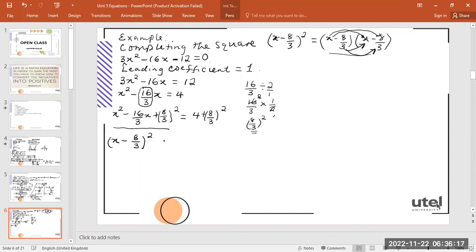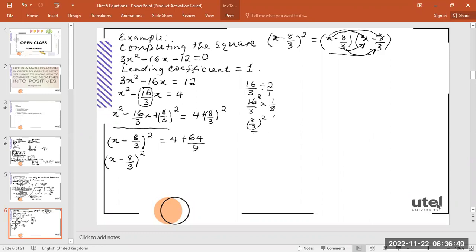So this implies that the right-hand side of the expression is going to be 4 plus 8 squared, which will give you 64, because 8 multiplied by 8 gives you 64. 3 squared will give you 9, because 3 multiplied by 3 will give you 9. Then this implies that we have x minus 8 divided by 3